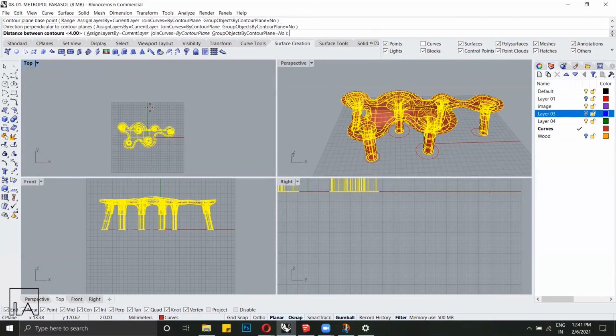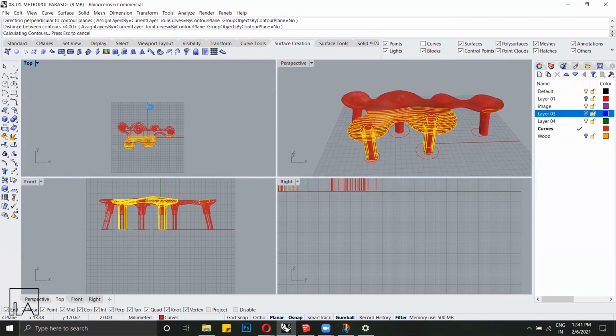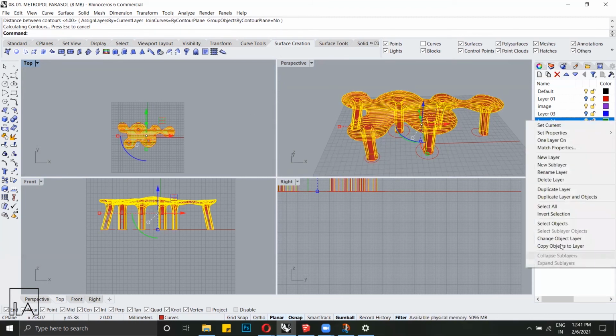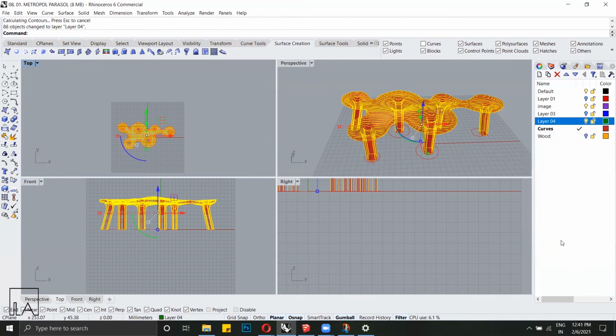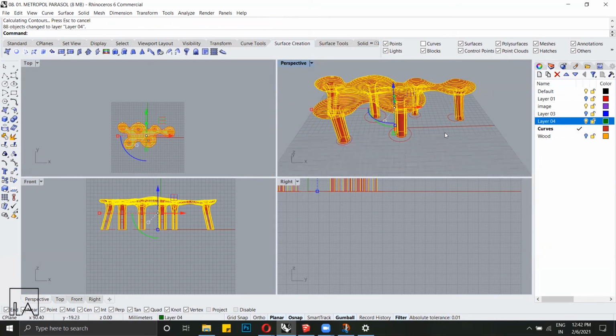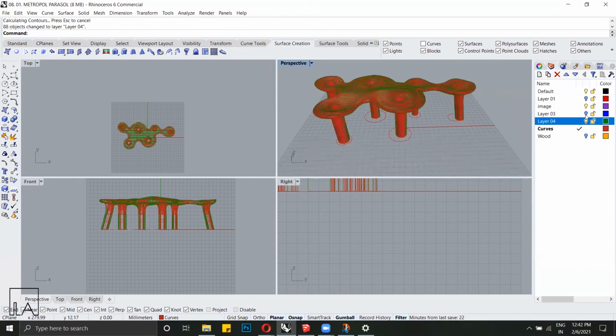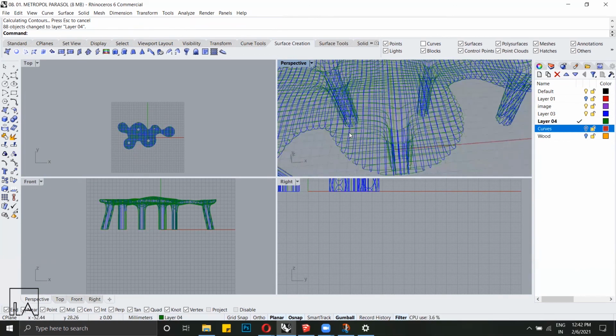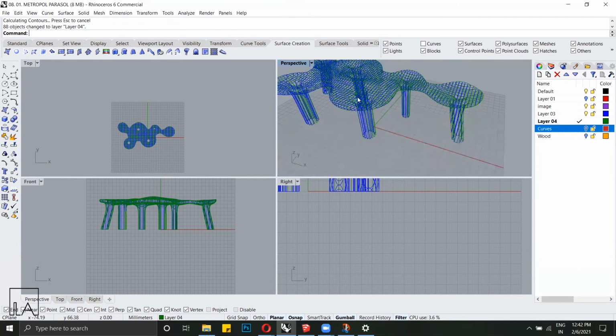Let's select here, for distance again. You can see now it's in the other direction. Now I'm going to change it to this object layer. And now if I view that as well, you can see we've got the general shape of the structure.